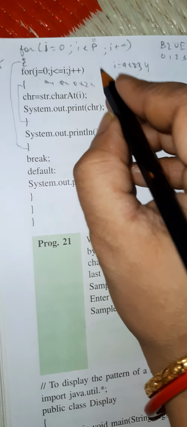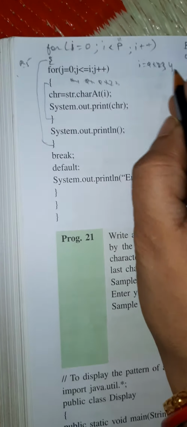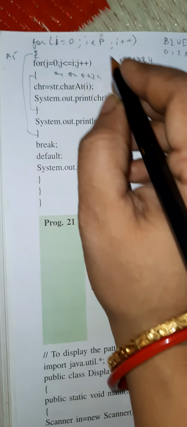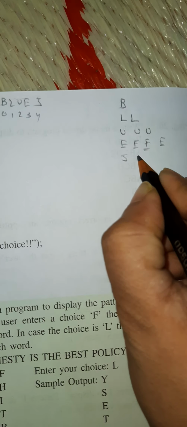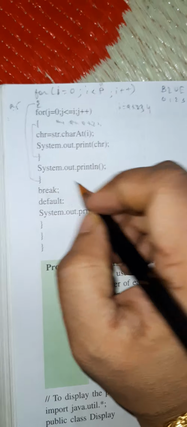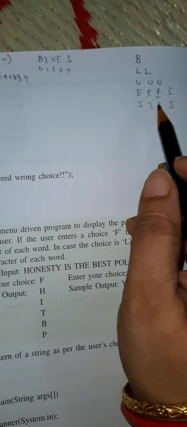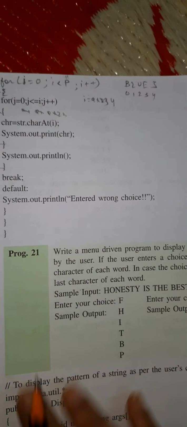4 is less than 5, the condition is true, so again it will come, and in this way it will go on typing E. It will move on in this way. So in that way you have to continue and do the dry run and complete it, and you will get the same output as before.